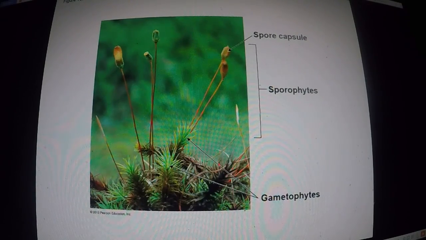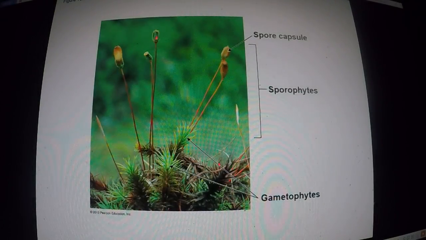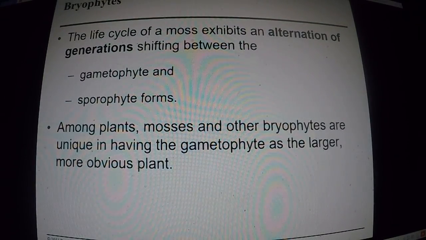They take on a coating around them, a cell wall, and when conditions get dry, they'll release them into the wind to try to put them someplace else. This is called alternation of generations, going from the sporophyte generation, the mosses, the spores land and grow into the gametophyte generation. They produce the sporophyte, and around it goes.